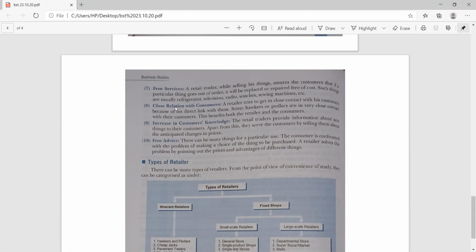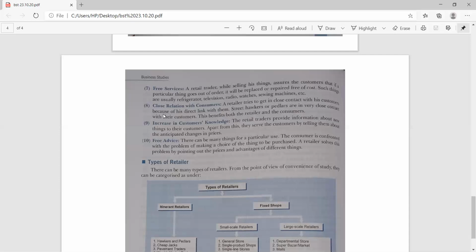Many times you have seen some people say that if we purchase something online, then services will not be provided, it will not be comfortable. So they don't believe in online, they just want to buy the goods from the retailer because they know it is a renowned retailer, and after buying the goods, if any difficulty or any fault takes place, it is very easy to replace or get it repaired. Many times you have seen this kind of thinking develop in the customer in the case of mobile phones.